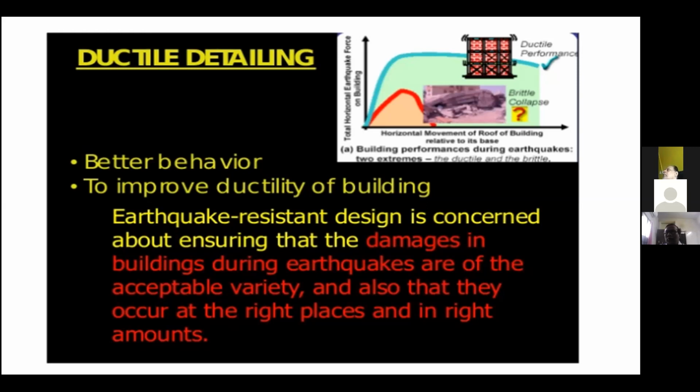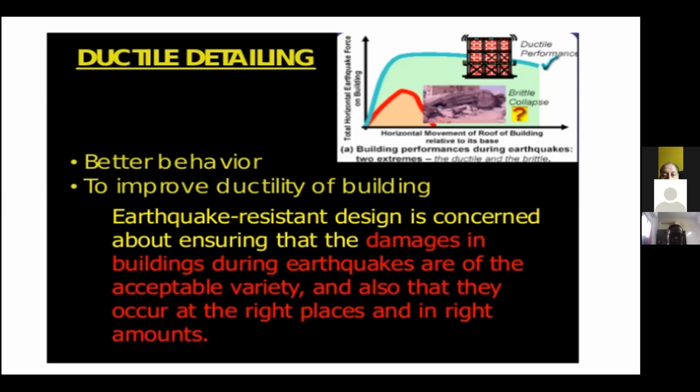But in a very severe earthquake, you cannot safeguard the building because your structure is not designed for a very severe earthquake. At that time, the building is allowed to fail, but it should fail in a ductile manner. So how will it fail in a ductile manner? That is governed by the detailing according to IS 13920; the structure will fail in a ductile manner. So that's what I explained.